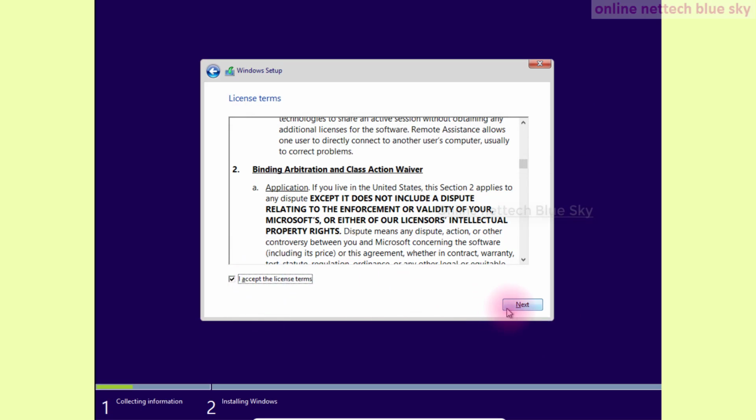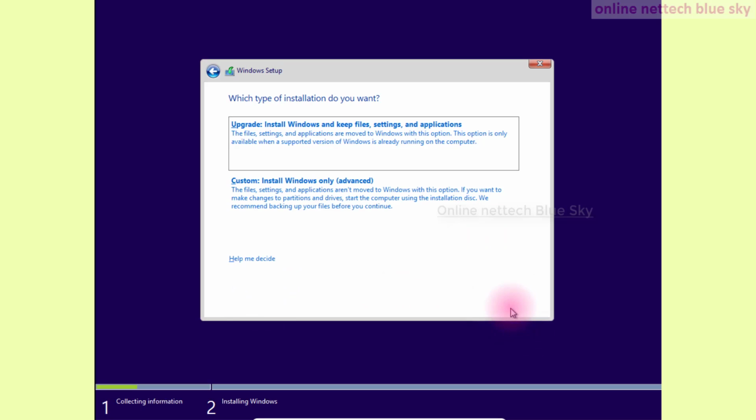I already told you in my last Windows 7 installation video what the upgrade is. Upgrade means you are running Windows 7, but you want to go to Windows 8.1 without changing any files, settings, or applications.